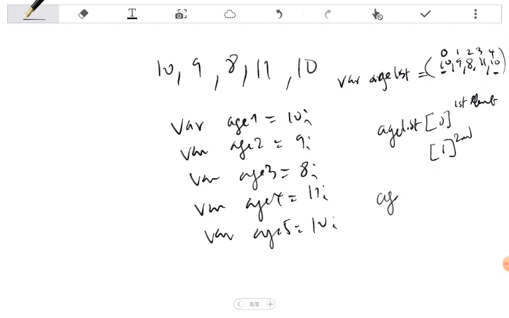Here in this case, ageList index 4 will be what? I give you 10 seconds. If you said this value is 10, you are right. But don't forget that it's not this 10, it is this 10. Is that okay?